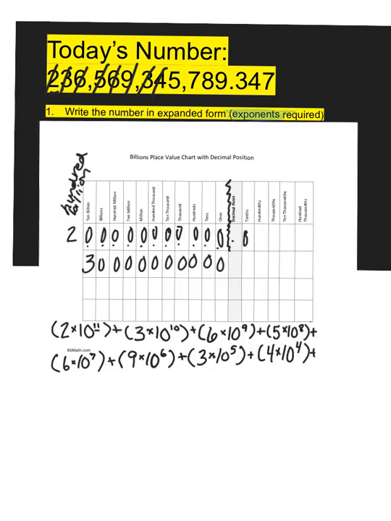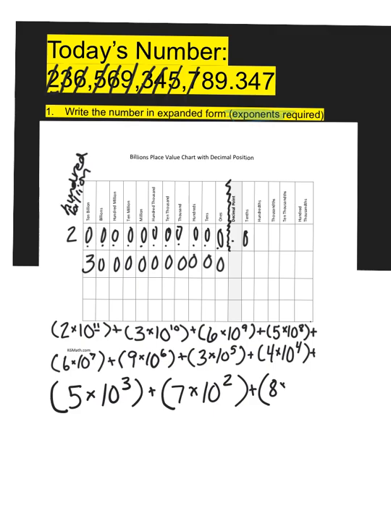Okay, so we have 5 times 10 to the 3rd power plus 7 times 10 squared, and we know 10 squared has a value of 100. So that's 7 times 100, or 700,